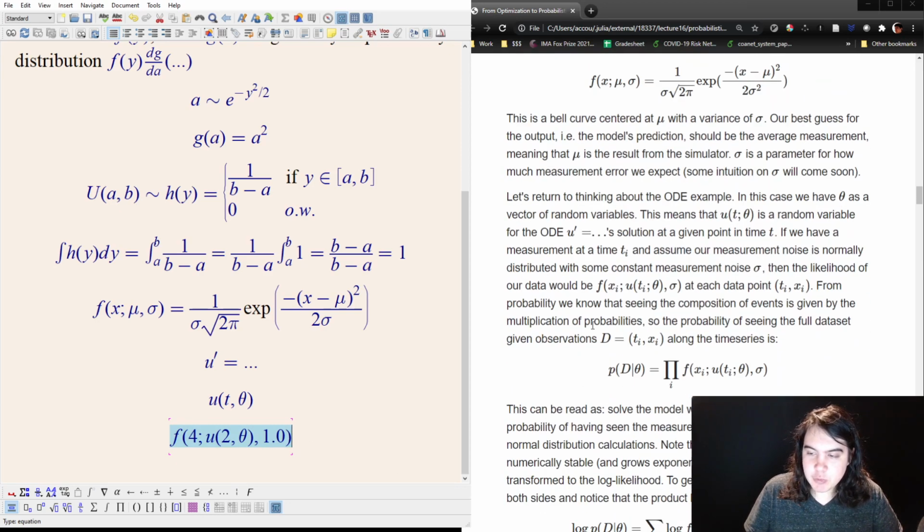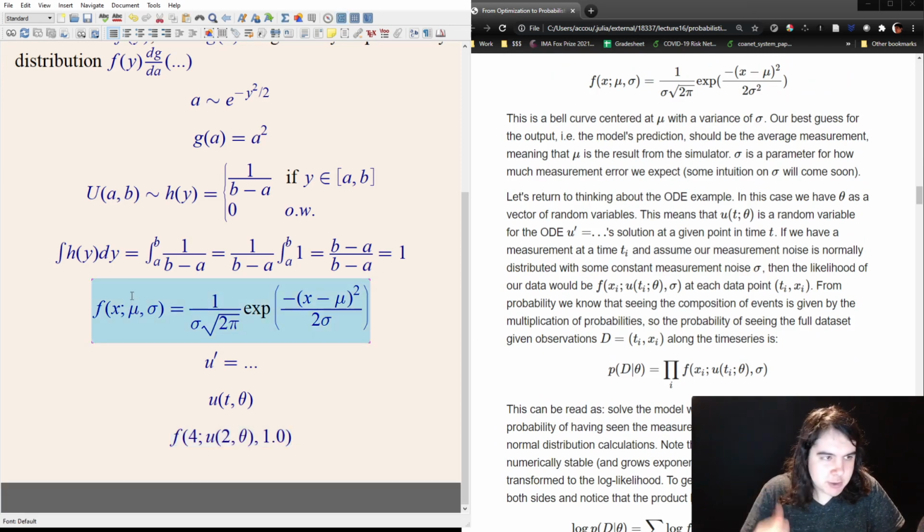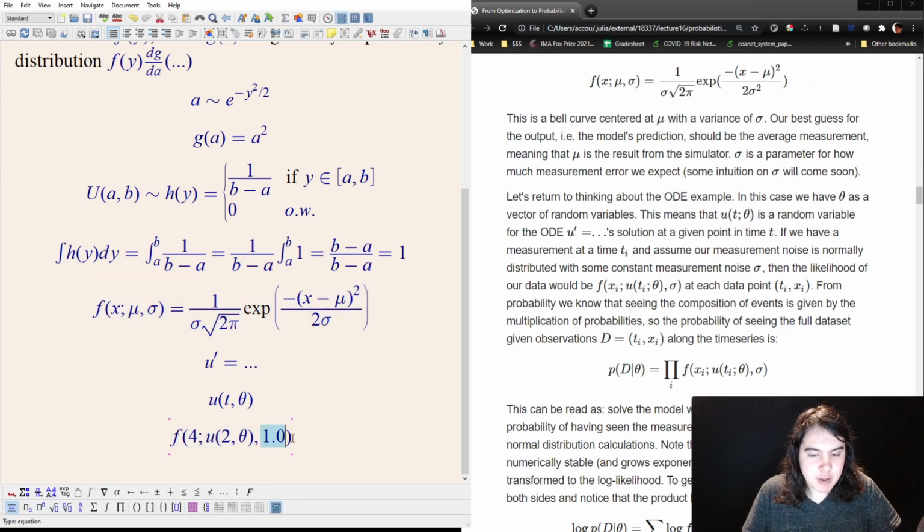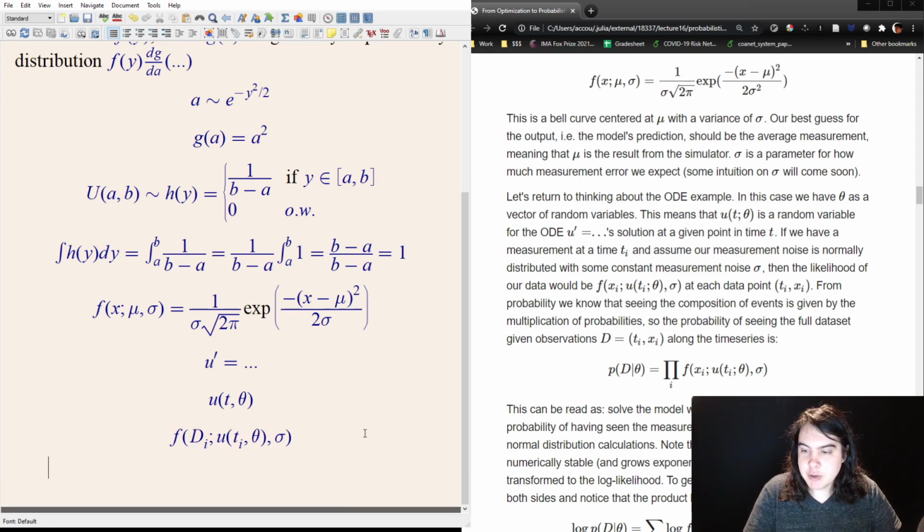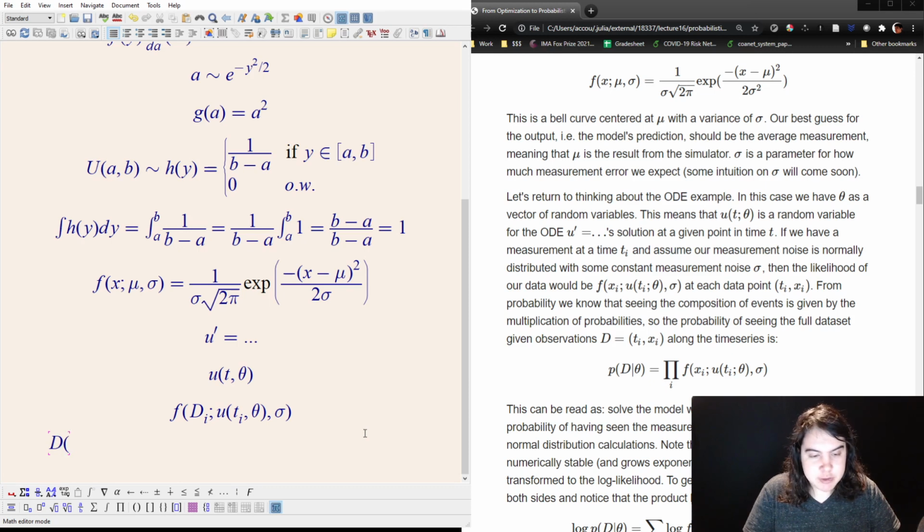So let's actually follow this thread where we say, let's assume that our probability distribution is this. Let's assume that we have a given theta here that is some fixed value. And let's see what happens if we have some simulator here that is telling us what to do at given values of i, and we have data points at the different values i. Right, so if we have a bunch of data points, d sub i, so we have data at t sub i, which is at a value of x sub i,